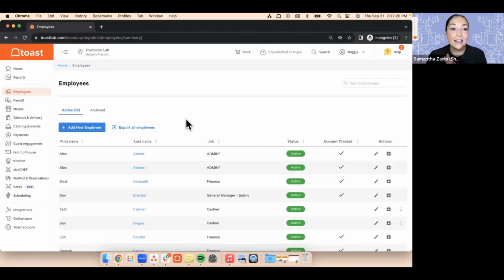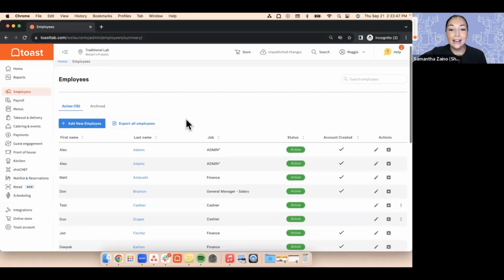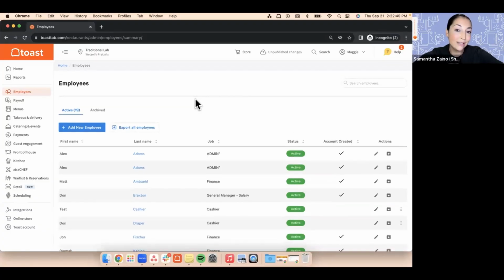So that is a little bit about employees. We just talked about how to edit an employee's profile, how to add a new employee, and how to archive and unarchive employees. So that was our first section within Toast Web. Next, we're going to talk about taxes. So again, when it comes to taxes, these are going to be specific to all of your locations, depending on where your location is